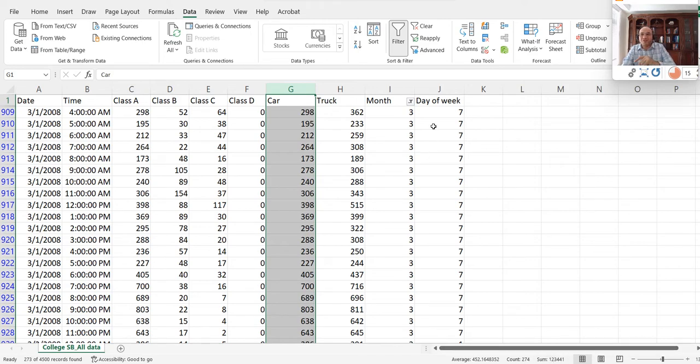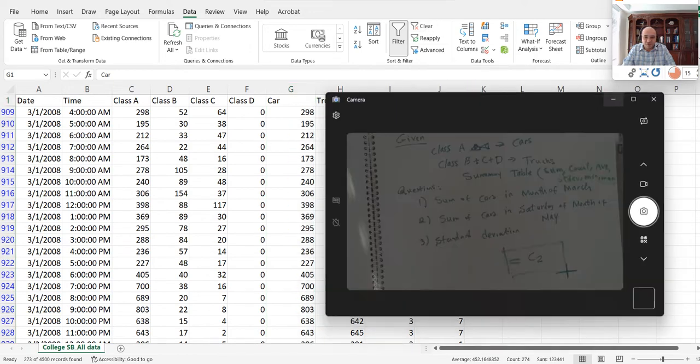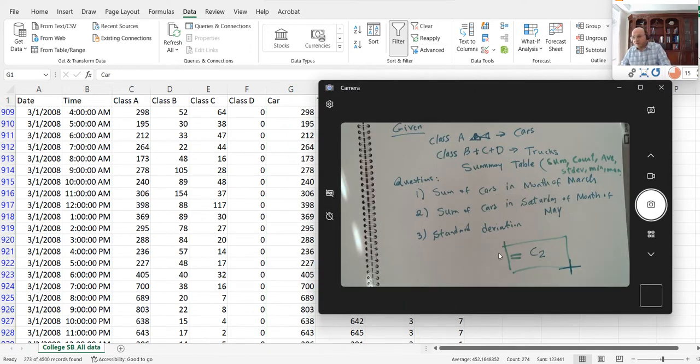Now, the next question was on the month of May and a weekday, the day of week. It asked me for a Saturday in the month of May. How can I do that calculation? Let me put this answer here first. This answer was 123,441. The next question asked me to find